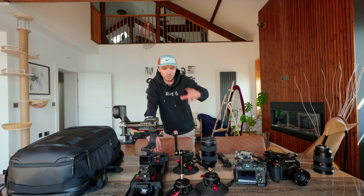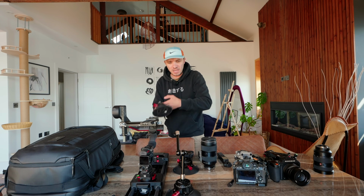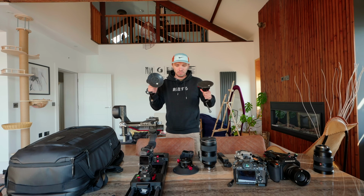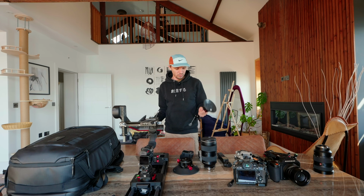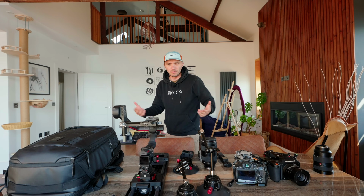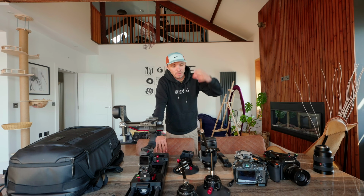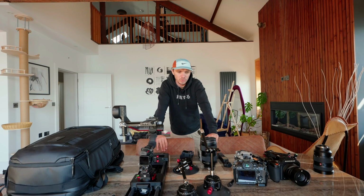I've got ND filters, but the most important thing actually, I think, is going to be these little guys, suction cups, where I'm going to mount the camera to the car to get different angles and different shots, because predominantly I'm going to be focusing on video this trip. Photos, of course, are just going to be a given. When I get to a location, bam, bam, bam, snap off the shots. But for me as a creator, I'm going to be focusing more on video,